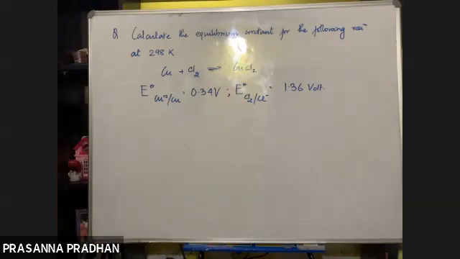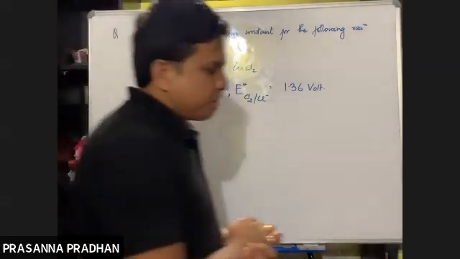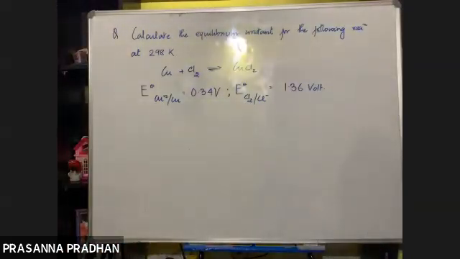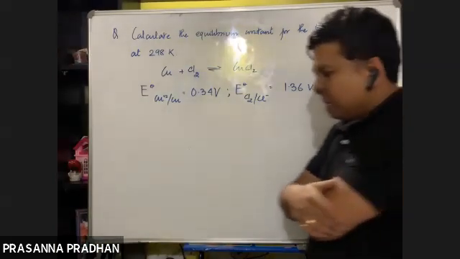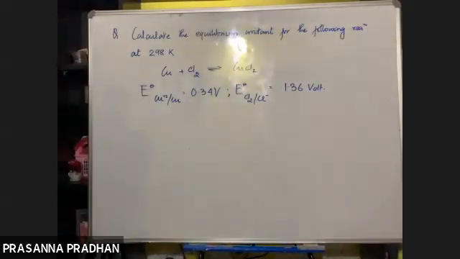Okay, so now the thing is that we should know which formula we should use out here. Yes, someone please help me. Which is the formula we'll be using out here? You are supposed to calculate the equilibrium constant. So yes, kindly help me. Which formula are you supposed to use out here?